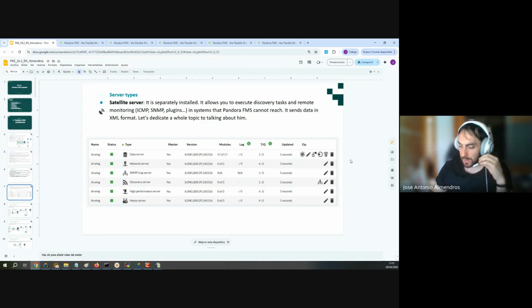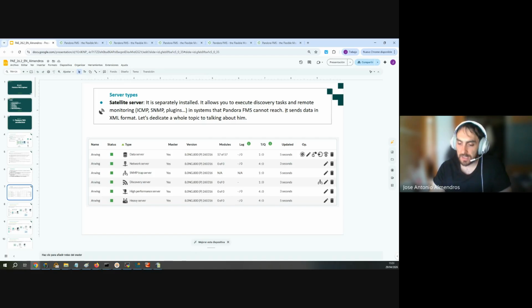It is useful if we have, imagine, CPDs in different countries or different sites, and we want to monitor an isolated network with remote checks, and the main Pandora FMS server cannot reach that network. Okay, in that case, we install a satellite server in that remote network, and